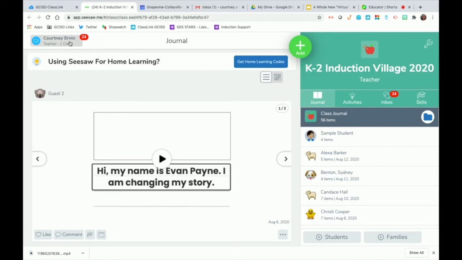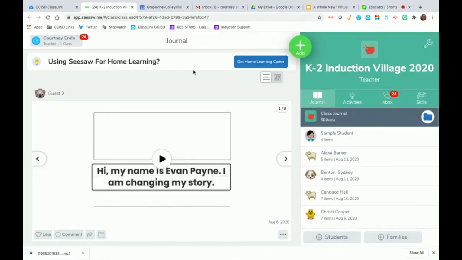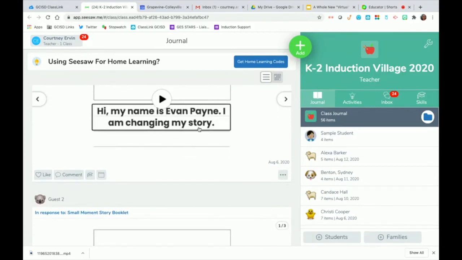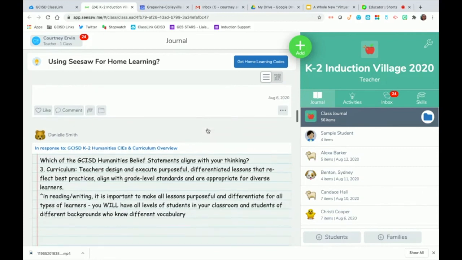It really just depends. But they'll need to be able to toggle back and forth to the different classes if they have multiple teachers and multiple assignments for different subjects. So it's important that they learn how to go back and forth and look at their activities that they're able to click on and